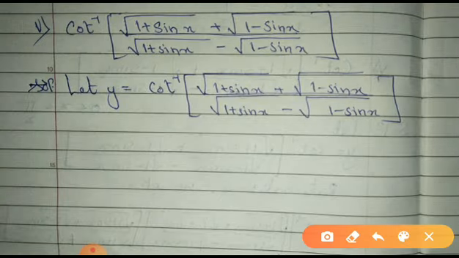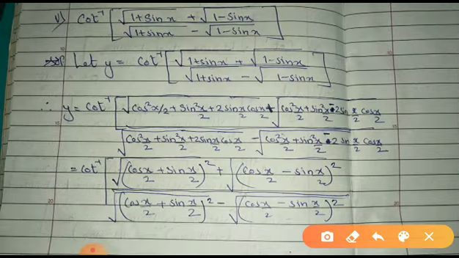So in the second method, what to do is, it is 1 plus sin x. So instead of 1, what we did in the previous, I had to write it as cos square x by 2 plus sin square x by 2. Instead of sin, I have to write it as 2 sin x by 2 cos x by 2. So everywhere the same thing I have to do, in the numerator as well as in the denominator. Check whether this is nothing but your a plus b the whole square.